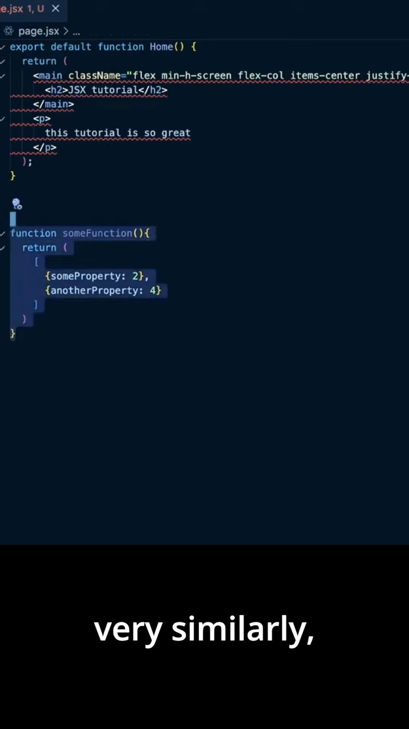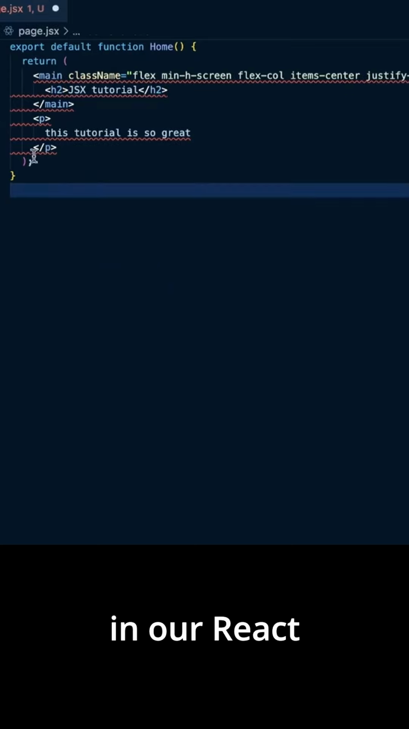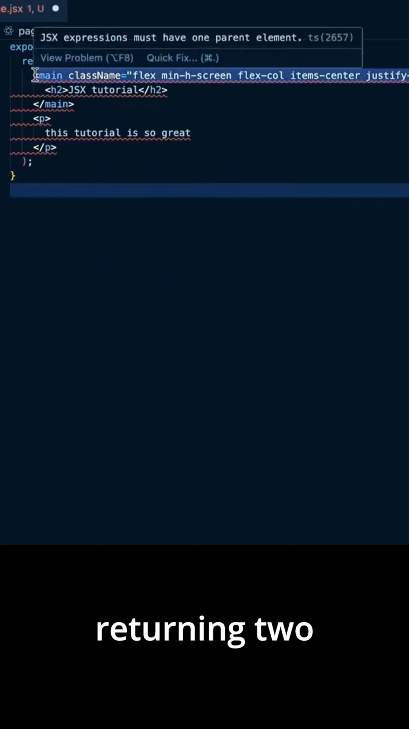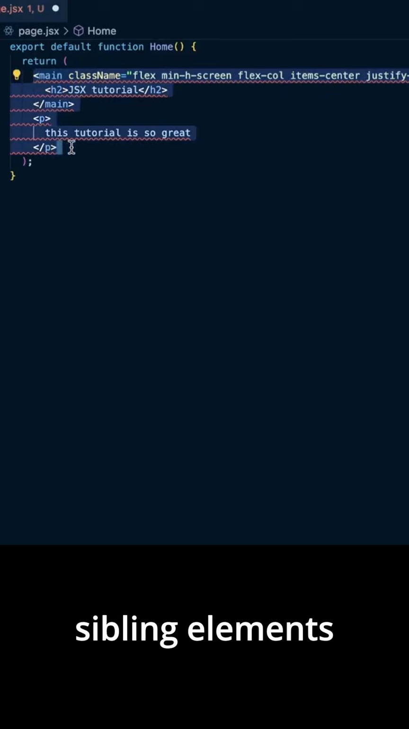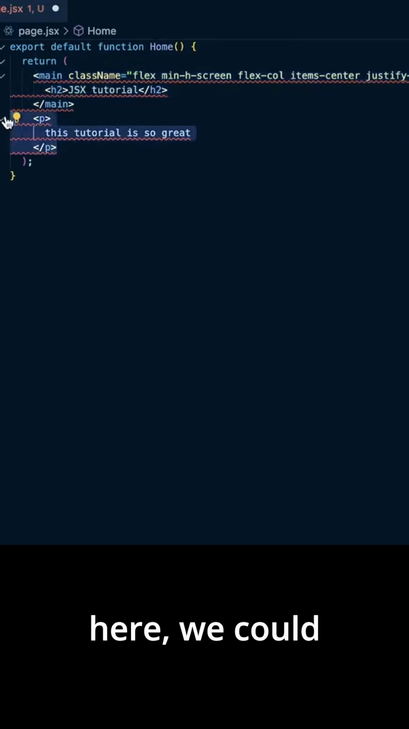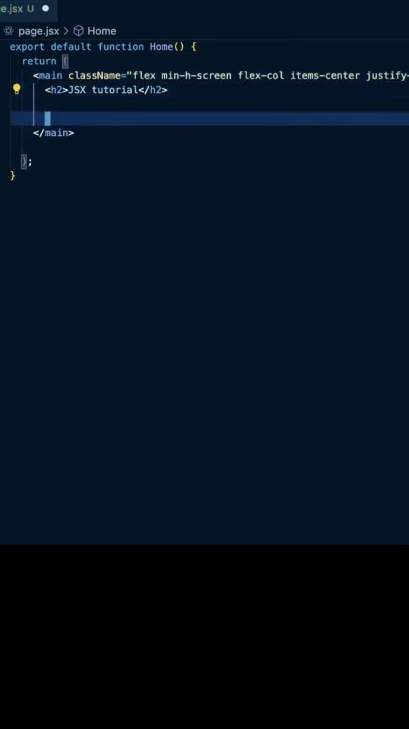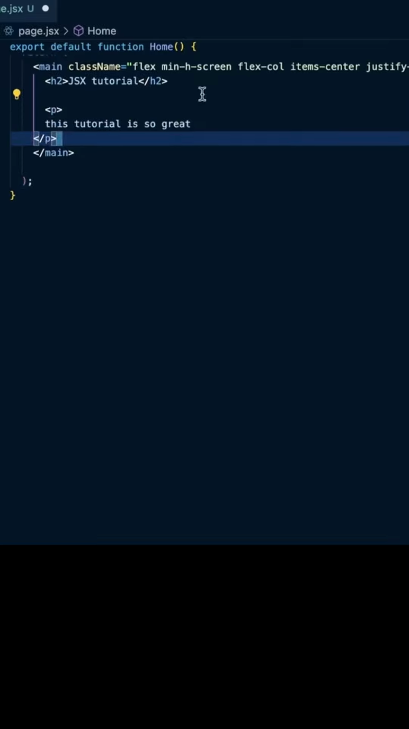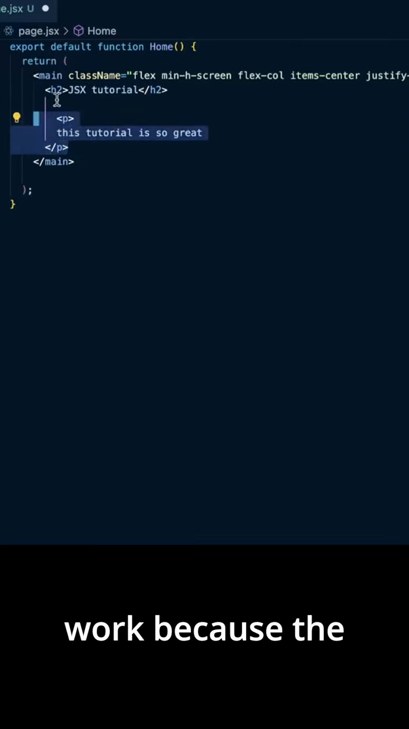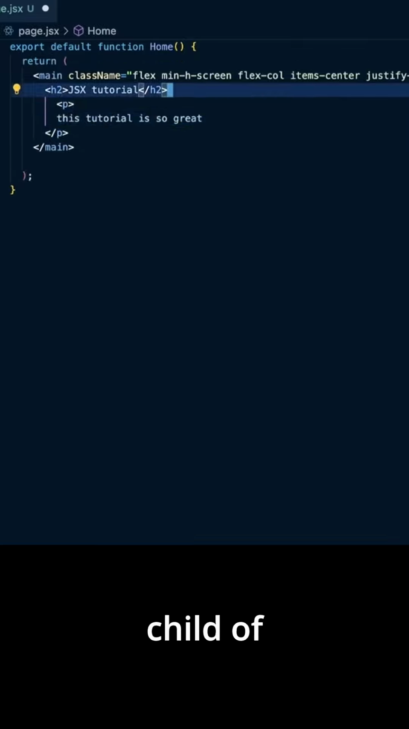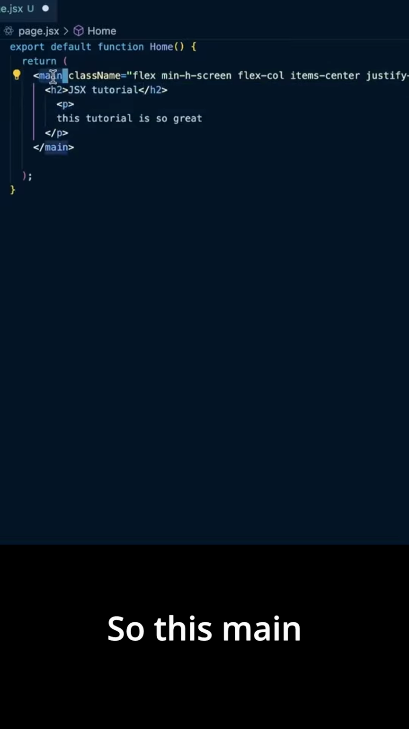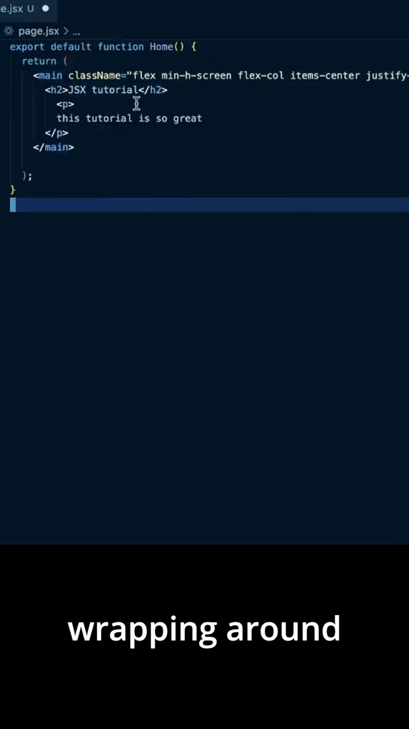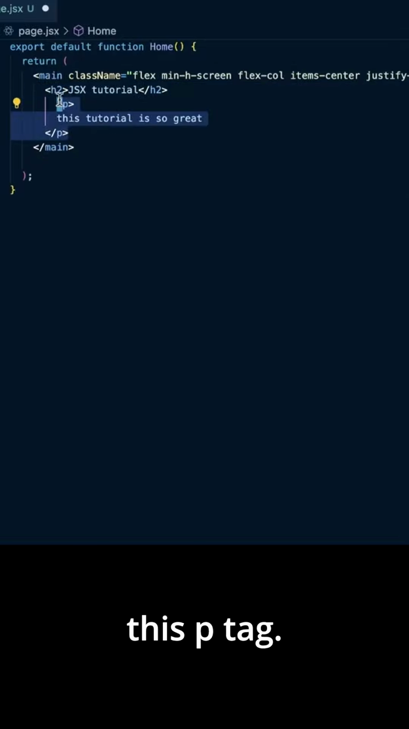And very similarly, in our React component, instead of returning two sibling elements here, we could just put one of the sibling elements within the other. So this will now work because the p tag is now a child of the main tag. So this main element here is wrapping around this h2 and this p tag, making